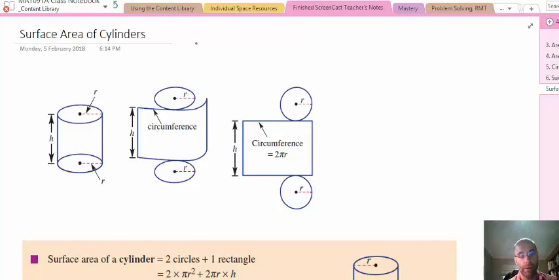In this video we're continuing our work on surface area, and we're looking in particular at the surface area of cylinders. Have you ever pulled apart an aluminium can? If you have, you'll know that, a bit like in this picture here,